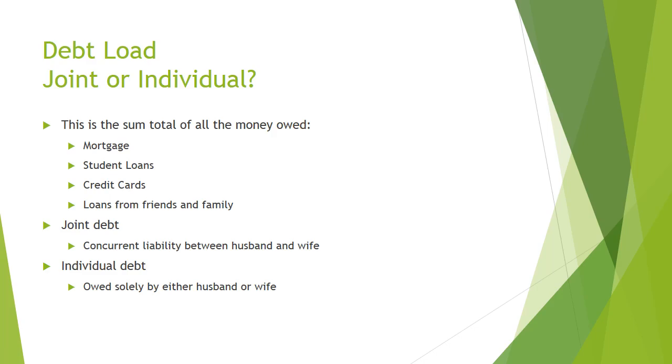A couple of things about debt when we're dealing with family law: even though a debt may be a concurrent liability between the husband and the wife, and let's say the judge orders that it be split in two, the original contract with the lender, the bank or mortgage company or whatever, is always going to be what that bank or mortgage company looks to when collecting the debt. So the judge can say half and half, but when one doesn't comply with that, too bad.